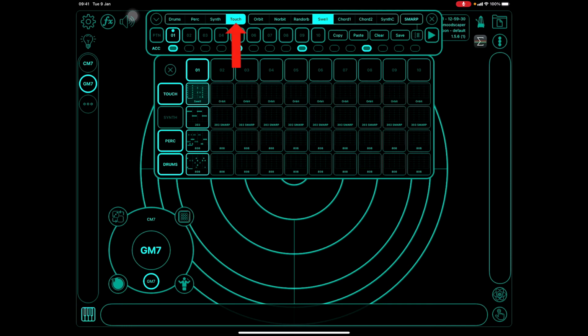You can see I've got touch and swell, so those are the things that I actually touch with my fingers, and that's the effect is swell. There's different effects, random orbiting, different chords, chord 1, chord 2, synth C, randorb, and so on. Again, I'm just in pattern number 1, so it's just going to repeat around. Then on top of that, we've got some drums